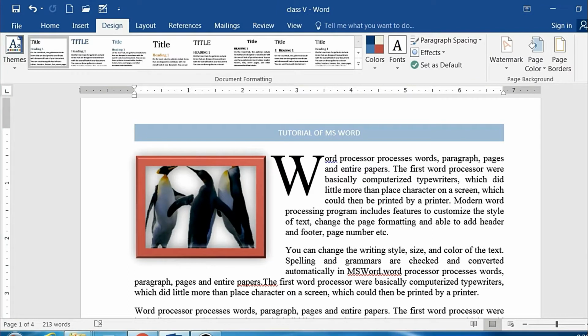In this video, we are going to talk about the design tab of MS Word. For that, we have to select the design tab from the menu bar. When I click this design tab, you are getting groups like document formatting and page background. In the document formatting, you have a theme, some designs, colors, fonts, some